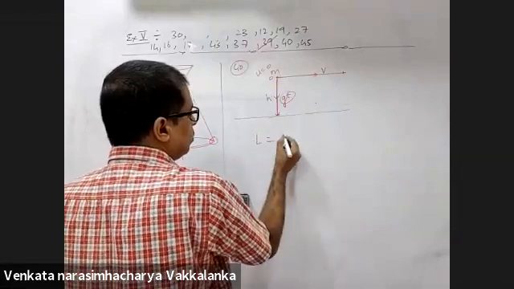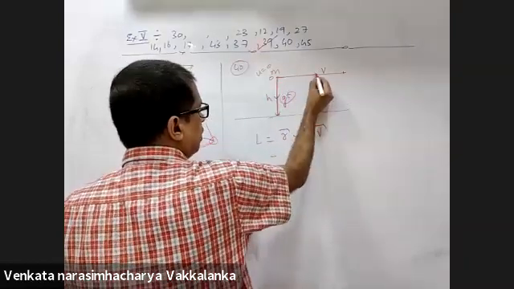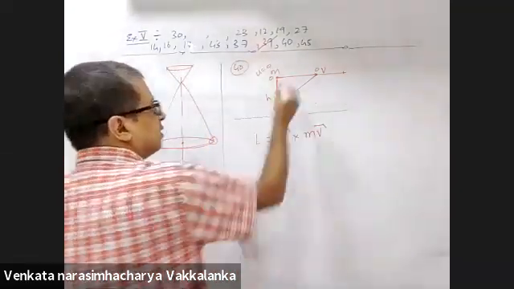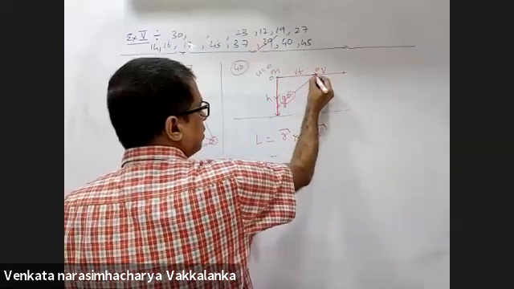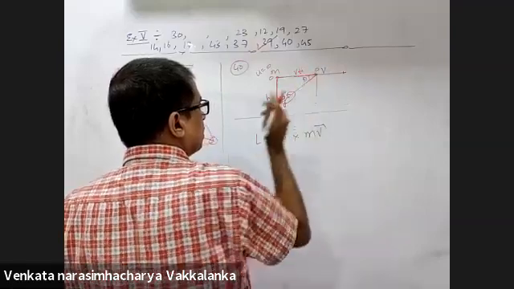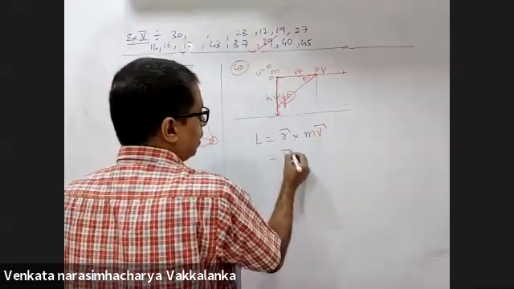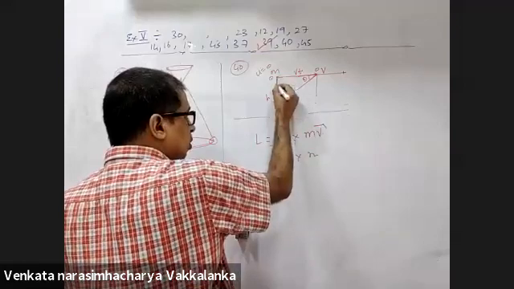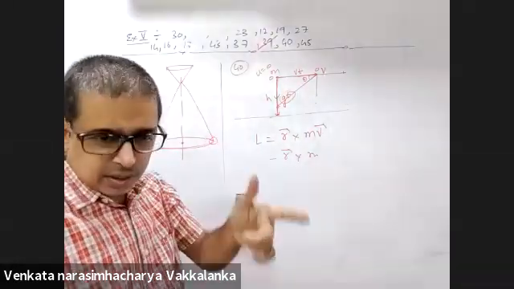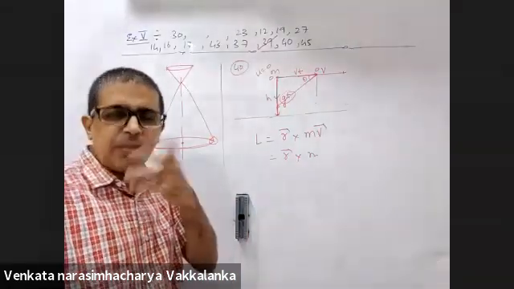So, L is equal to r cross mv. What is r? Your frame is moving with respect to this. r will be this quantity, if this distance is vt, at some angle theta. r cross m times the velocity of this with respect to this. I am missing something important here. I didn't concentrate on this. Find the increment of the ball's angular momentum. That means increase in angular momentum. Find out the torque.